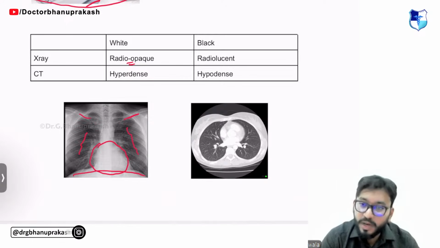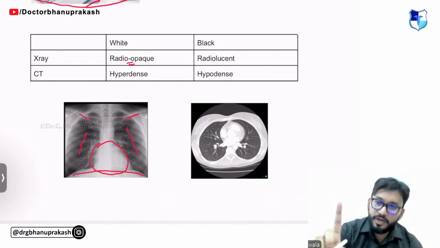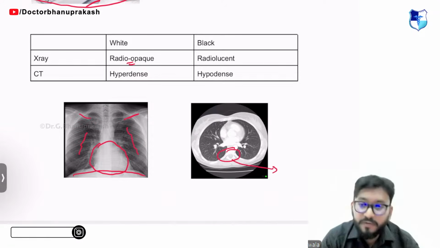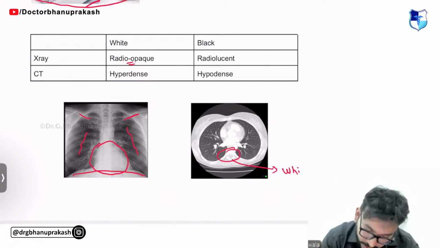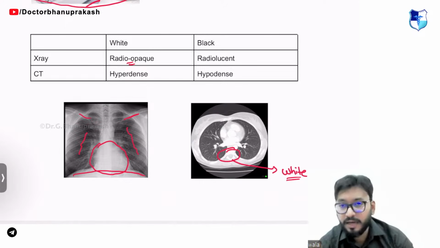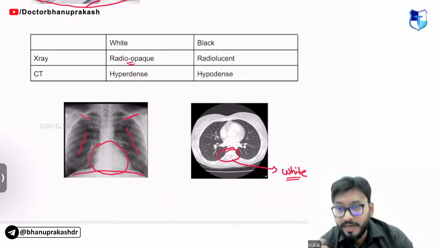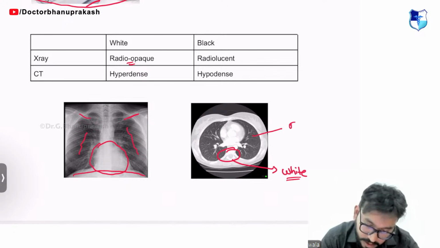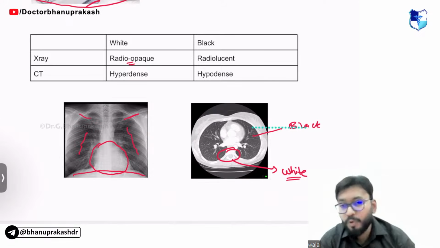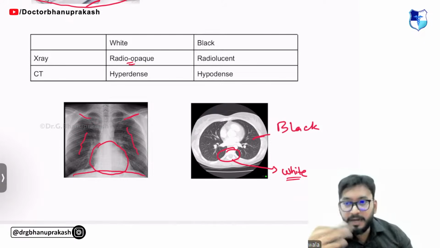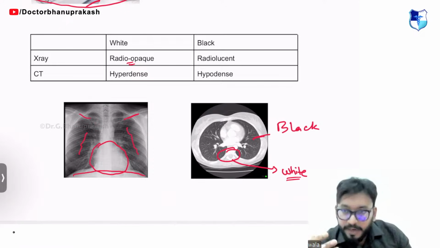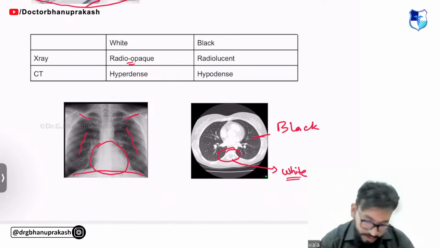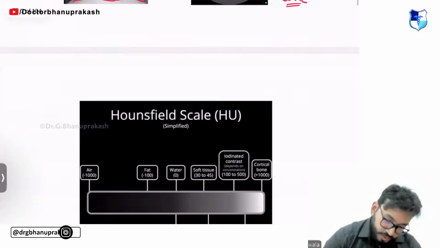This here is the CT scan. How do I identify the CT scan? Guys, there's one point you need to know: just look at the bones, the vertebra here. The vertebra is absolutely white. The whiteness on a CT scan is known as hyperdensity. It is hyperdense. And the black part, the air in the lungs, is known as hypodense. Hyper means more, hypo means less. If it is white, it is hyperdense. If it is black, it is hypodense. On an X-ray, it is radio opaque or radio lucent. These are the basic terms, guys, just to get them out of the way.